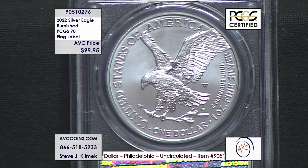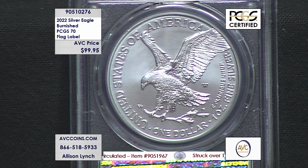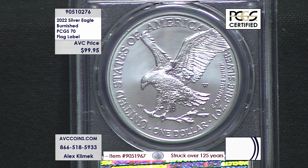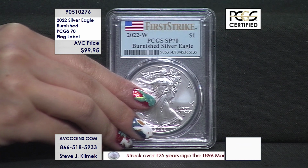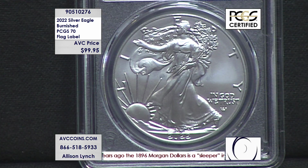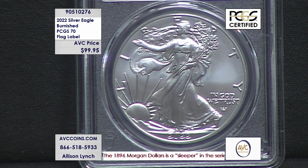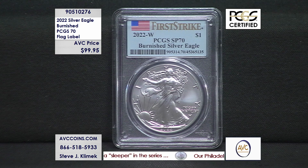I mean, last year's Proof Silver Eagle, they're selling for $179 to $199. And that was almost 500,000 coins. The S-Mint's right up there. That's almost 200,000 coins. And this is the satin, much, much rarer and affordable. It's just one of those, it's my head scratcher coin in the Silver Eagle series. Whenever we find them, we jump in because numbers always prevail. You can't beat small quantities. And on this beautiful coin,